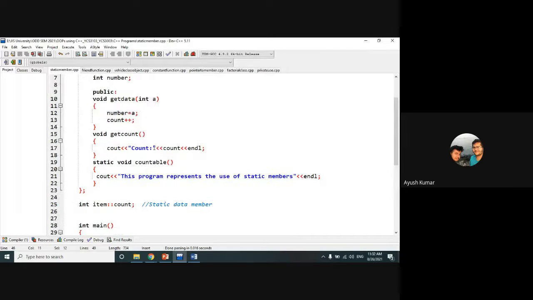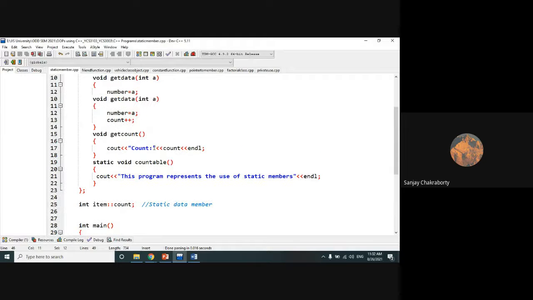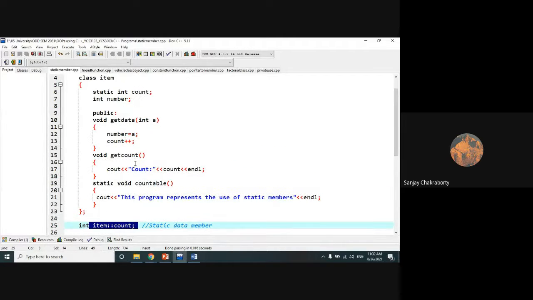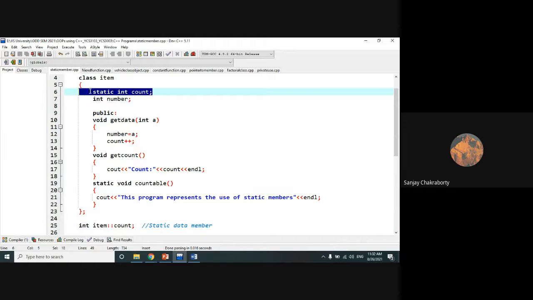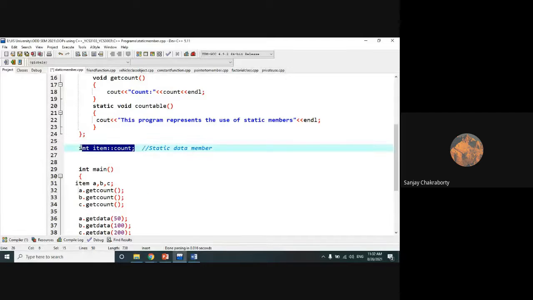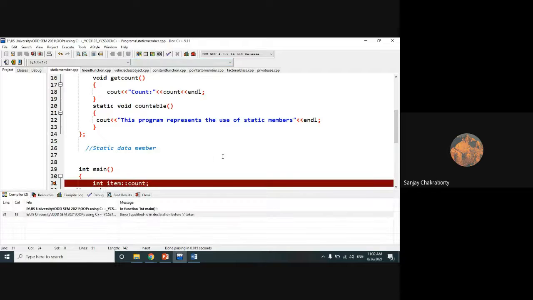One thing is there: the problem is that this static data member you have defined as private. I think if you define this as public, it will not create any problem. Let's check it out. If we define the static member as public, no, qualified in declaration.